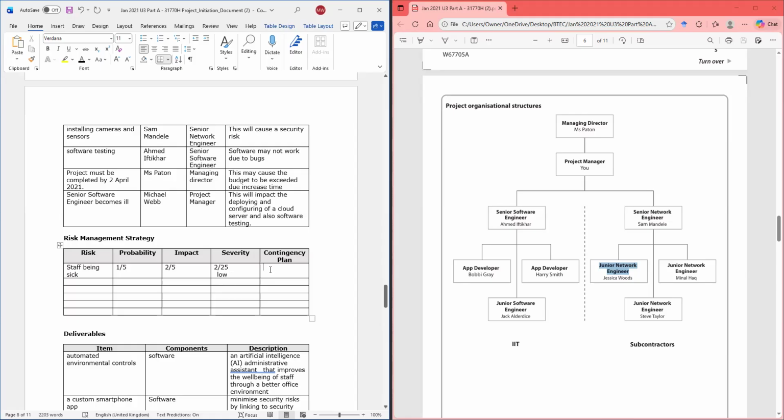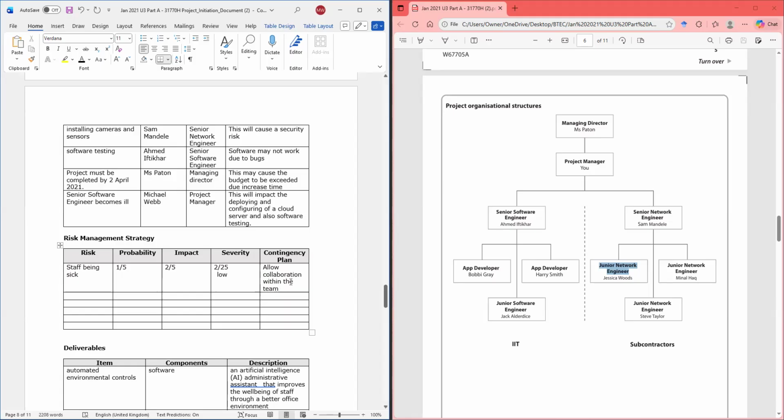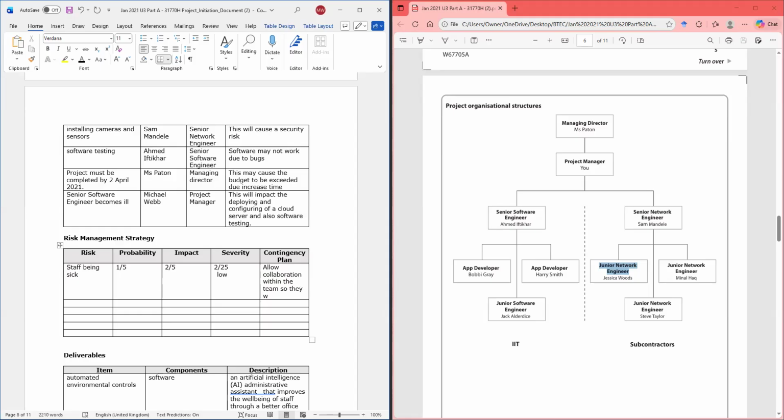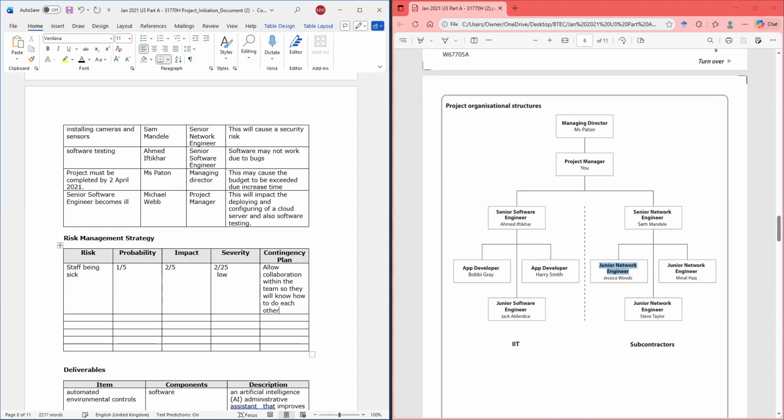And our contingency plan would be to allow collaboration within the team, so they will do it.